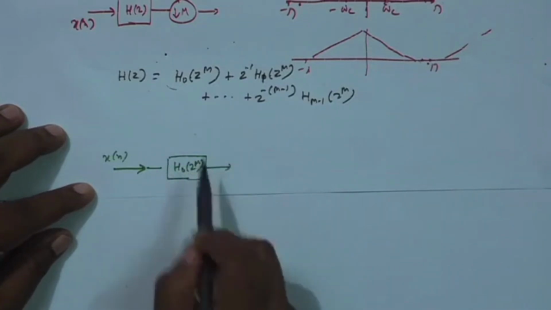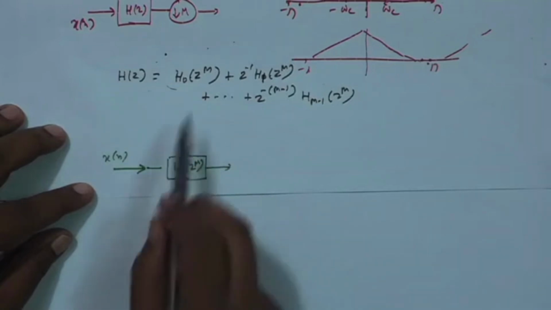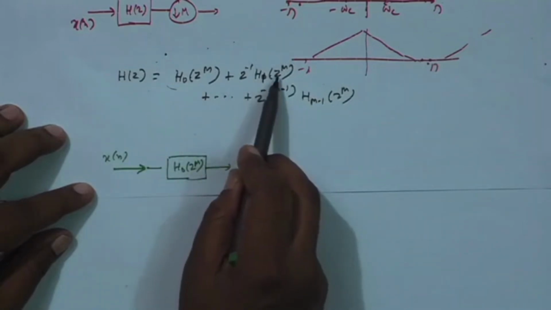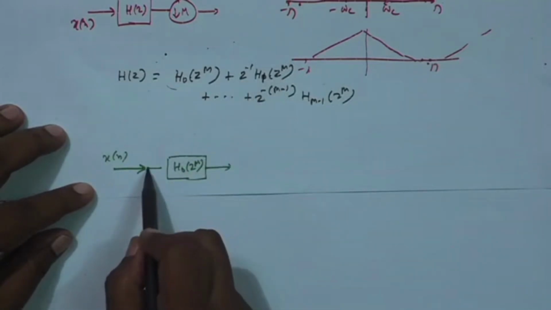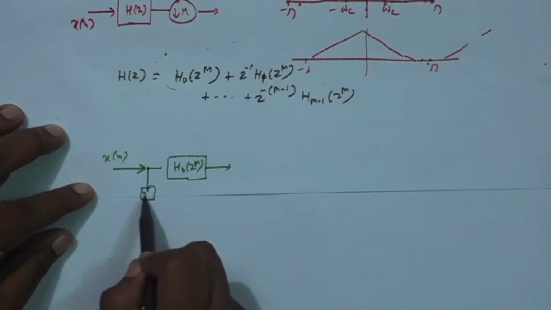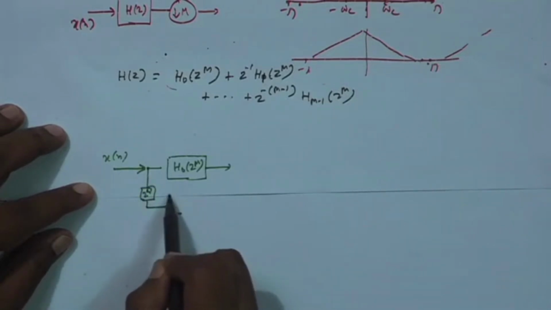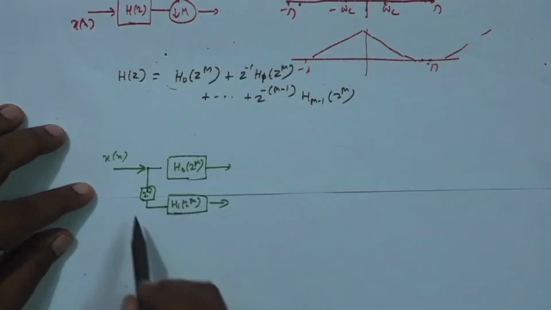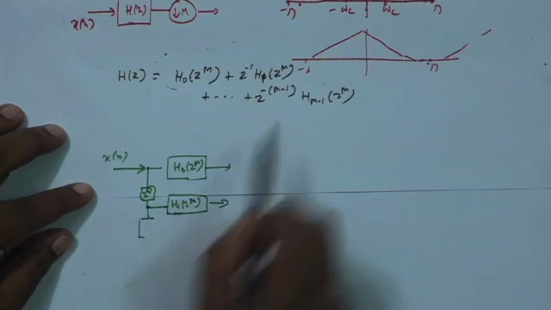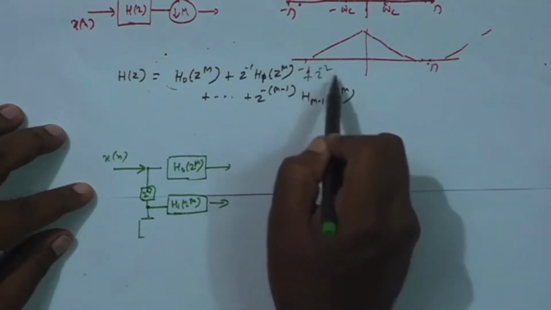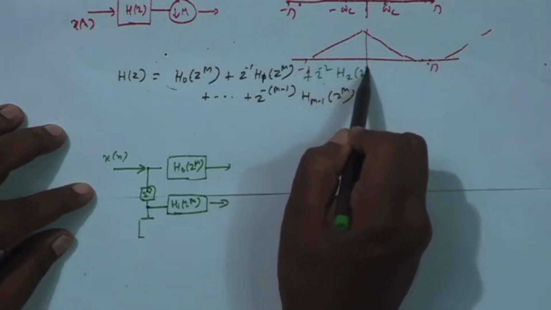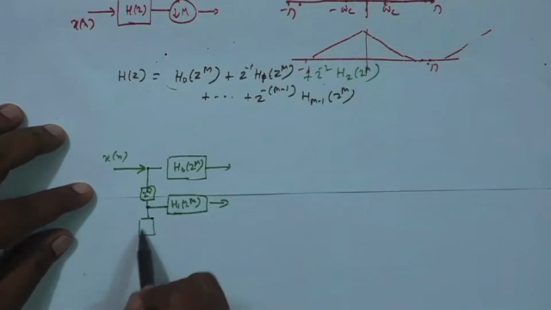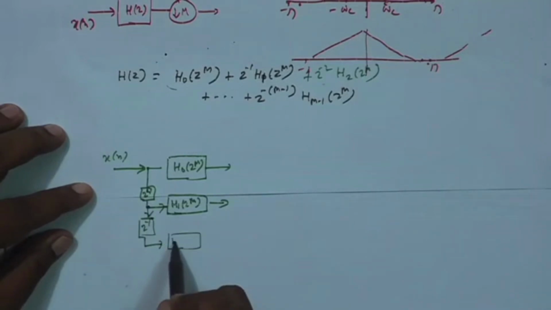Okay. Xz into this, then xz into H1 Z to the power m with a Z inverse. So, put a Z inverse, that into H1 Z to the power m, then another Z inverse, because next will be Z inverse to H 2. So, another Z inverse. So, total is 2 Z inverse, then again H 2